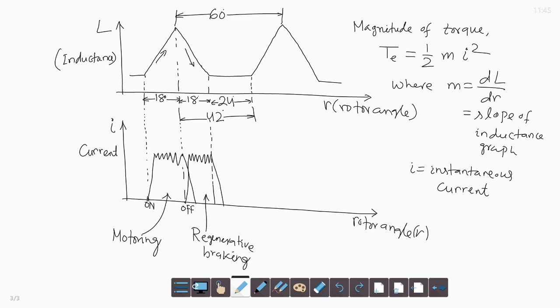During that period of time, current is flowing from the machine to the DC source. This current I is maintained constant by a control technique that we are going to discuss. Sometimes high speed operation is also obtained. At high speed operation, the rotor induced EMF, back EMF or counter EMF, is high because speed is high. So, the motor current wave will be somewhat different, as you can see here.